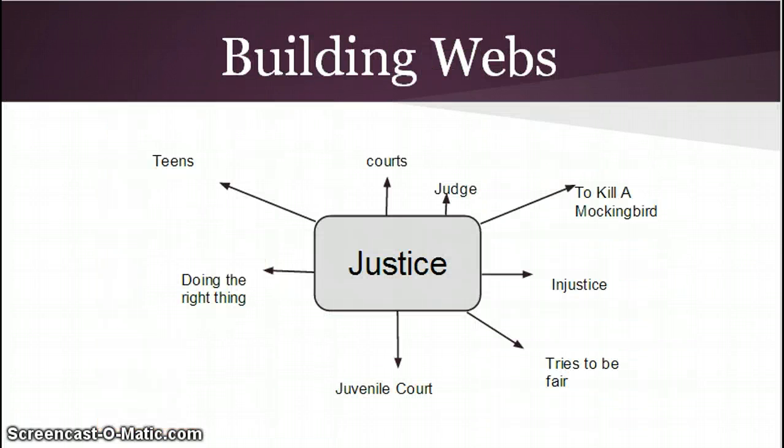Another way I use schema theory in my class is building webs. Before reading, let's say Monster, I might put the word justice on the board, and we would come up with words and ideas and other novels that we've read to activate that prior knowledge before we just jump into something.